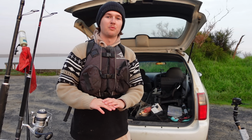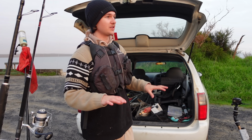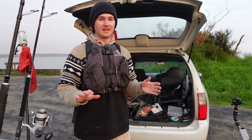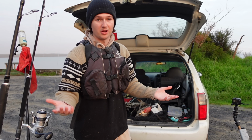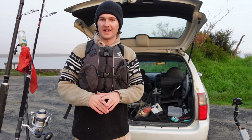Good morning everyone and welcome to the first day of winter fishing. It is now freezing cold here in Victoria. It has been windy for the past 10 days, but I'm continuing my search for a giant winter snapper. You would know by now that I've never caught a winter snapper before, so hopefully today is the day, and